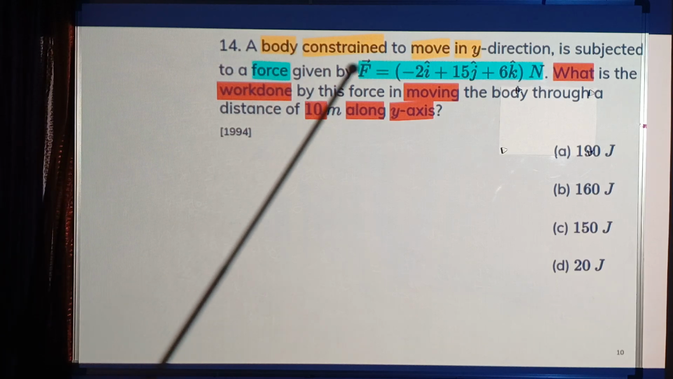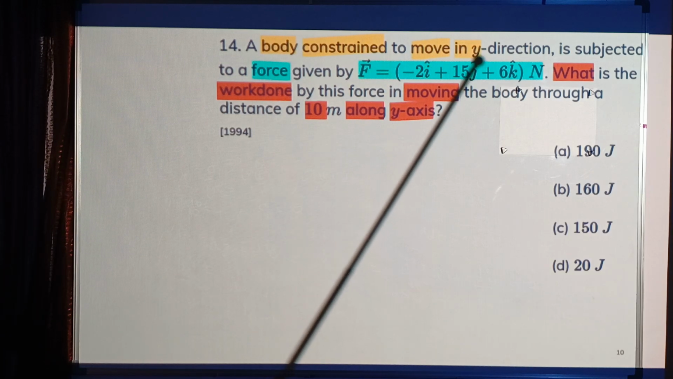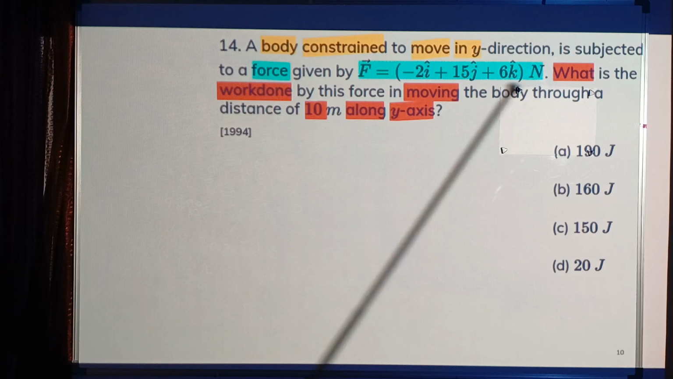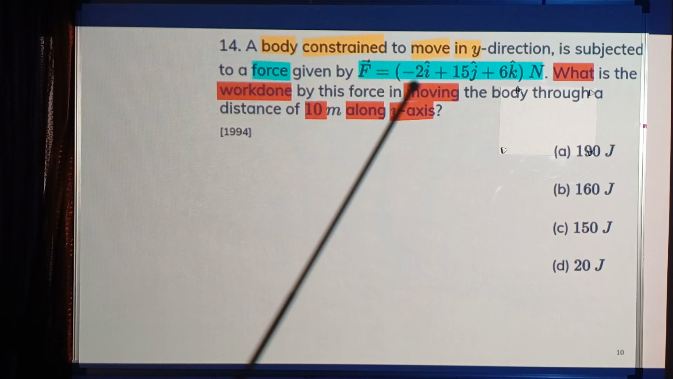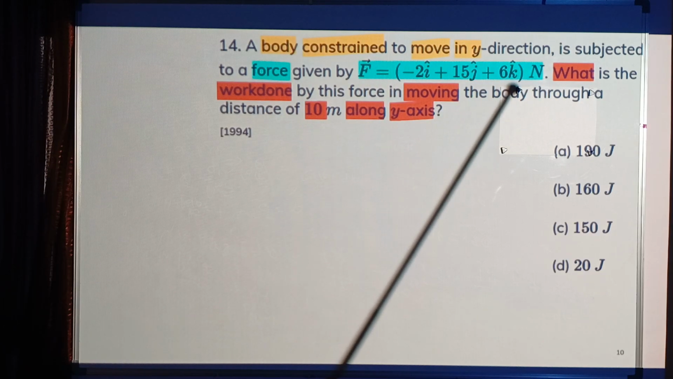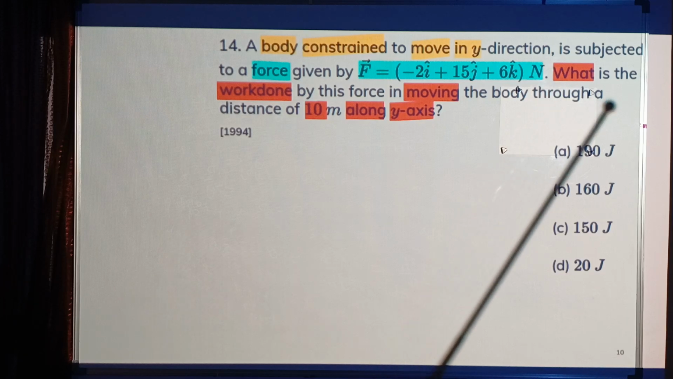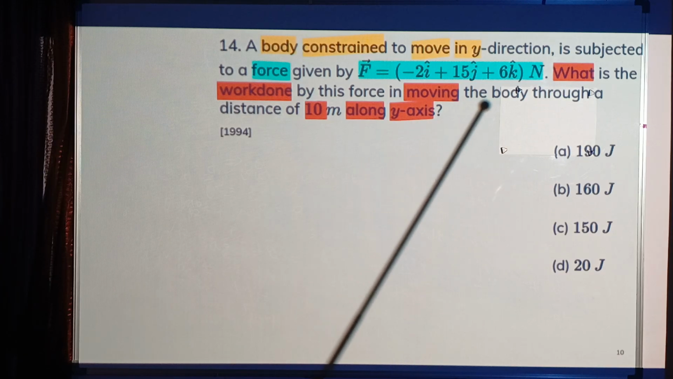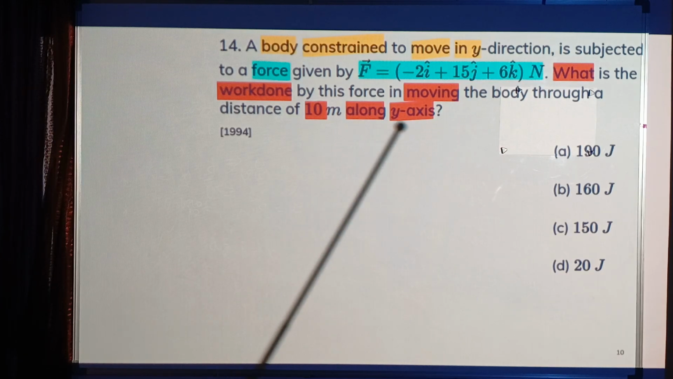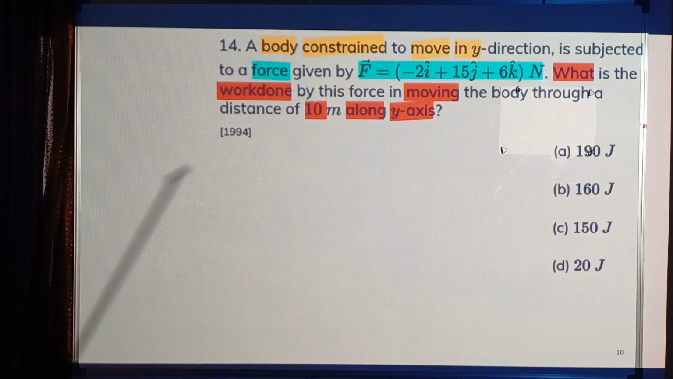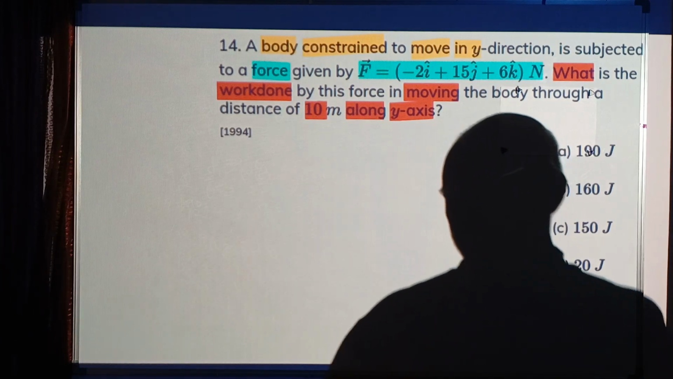Your body is constrained to move in the y direction and is subjected to a force F equal to minus 2 i-cap, 15 j-cap, 6 k-cap Newton. What is the work done by this force in moving the body through a distance of 10 meters along the y-axis? Work done is F dot ds